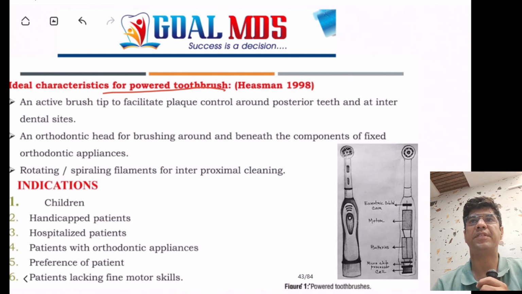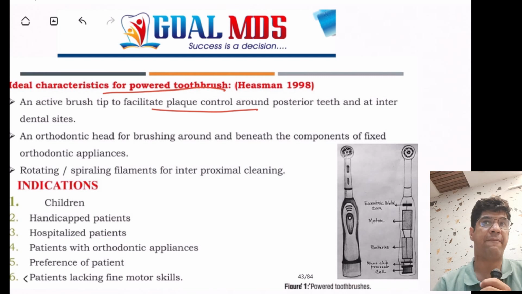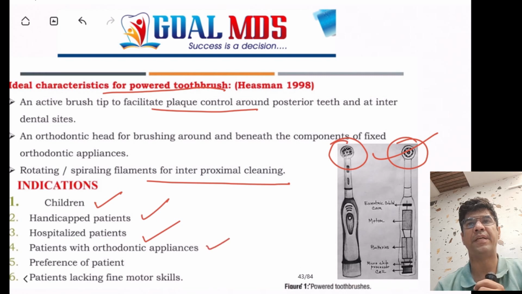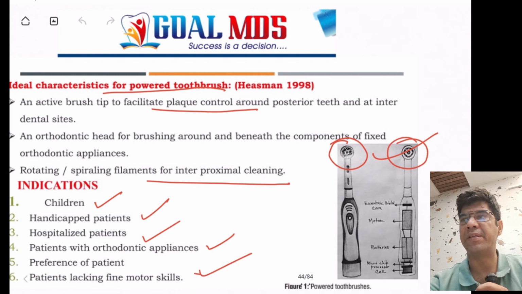What are the ideal characteristics of a power toothbrush? It has an active brush tip to facilitate plaque control, and an orthodontic head for brushing around and beneath the components of fixed orthodontic appliances. A rotating spiral filament for interproximal cleaning. It is indicated in children, handicapped patients, hospitalized patients, patients with ortho appliances, and patients who lack fine motor skills are also recommended the